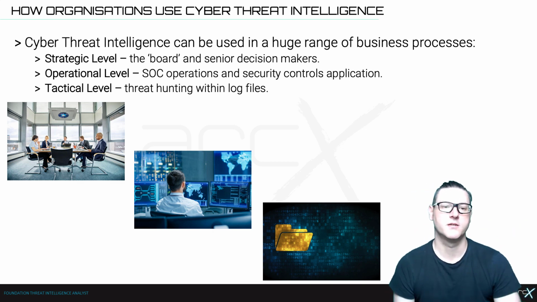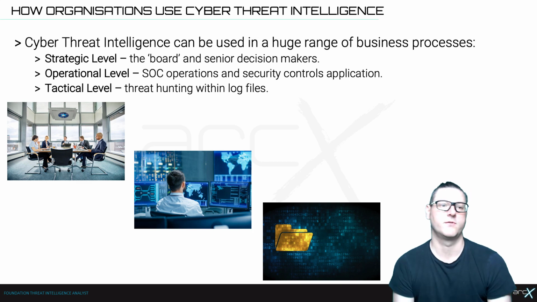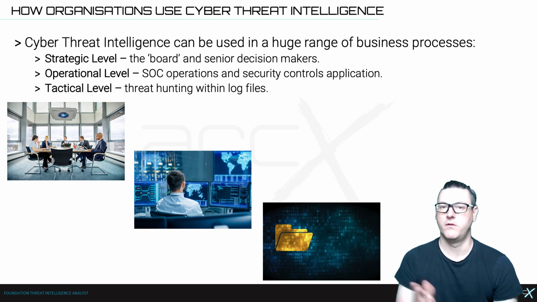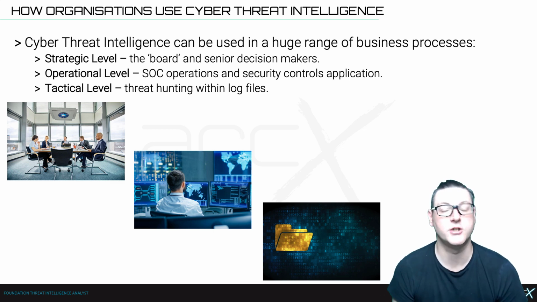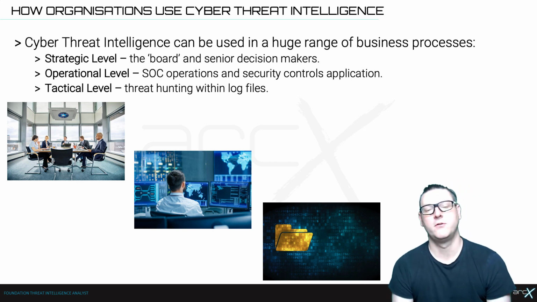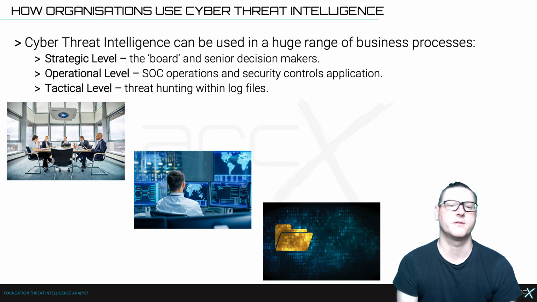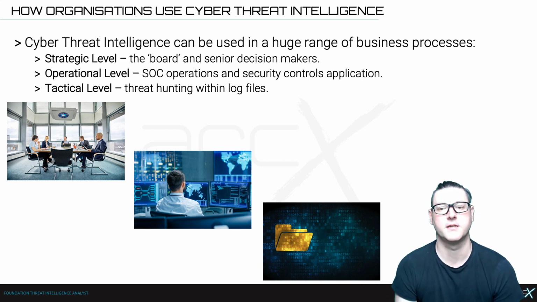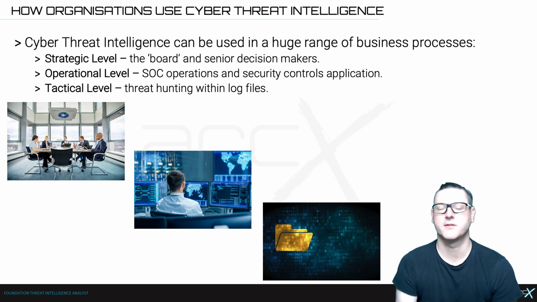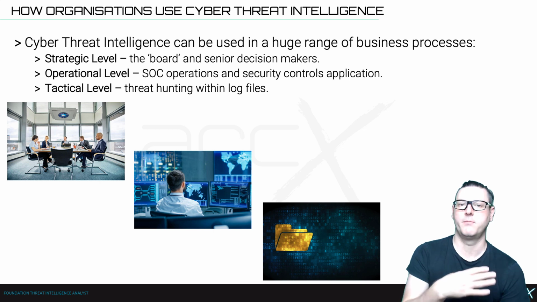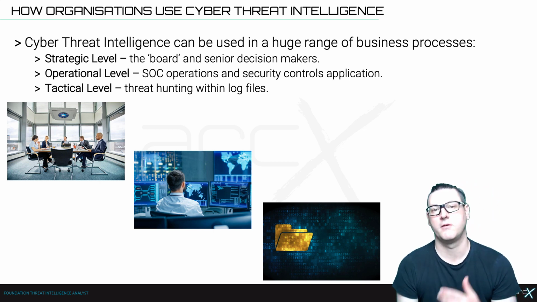You also have personalities and activities within those levels as well. So at the strategic level, it's the board or the executive leadership team, and it's the senior decision makers. The most obvious personality within this space is the Chief Information Security Officer, to which you're often working. At the operational level is the day-to-day operations of the business. So this is where the Security Operations Centre sits, and the security control element of the business. And at the tactical level, this is where you get a lot of activities and people being hired to do. So this is where you get threat hunting, log analysis, and things like that.